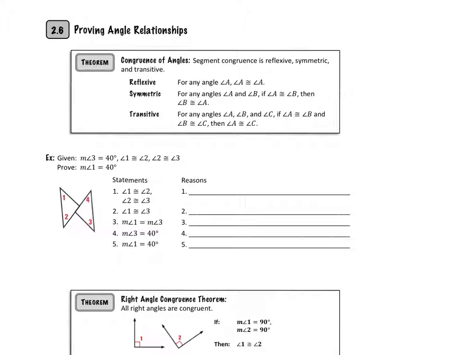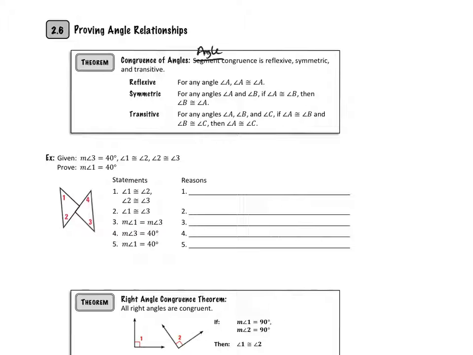In section 2.6, we're going to prove angle relationships, similarly to how we proved segment relationships in 2.5. So, when we talk about congruence of angles, it's exactly the same as we've been talking about with segments, except we changed that word segment to angle. So, angle congruence has these same reflexive, symmetric, and transitive properties. So, any angle is congruent to itself. Any two angles, angles A and B, if they're congruent to each other, it doesn't matter which one I write